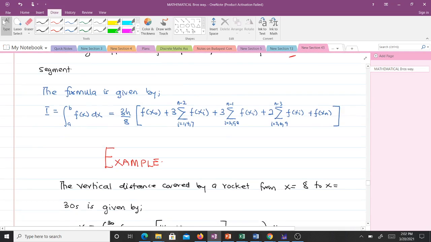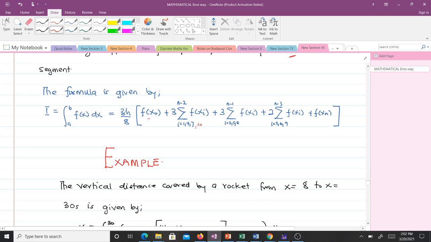So the formula for doing that is given by what we can see here. I is equal to the integral from a to b of f of x dx, which is 3h over 8 times f of x0, then plus 3 times the summation with i starting from 1. Then from 1 we move to 4, from 4 we move to 7, so from 7 we move to 10, of f of xi. Then plus 3,